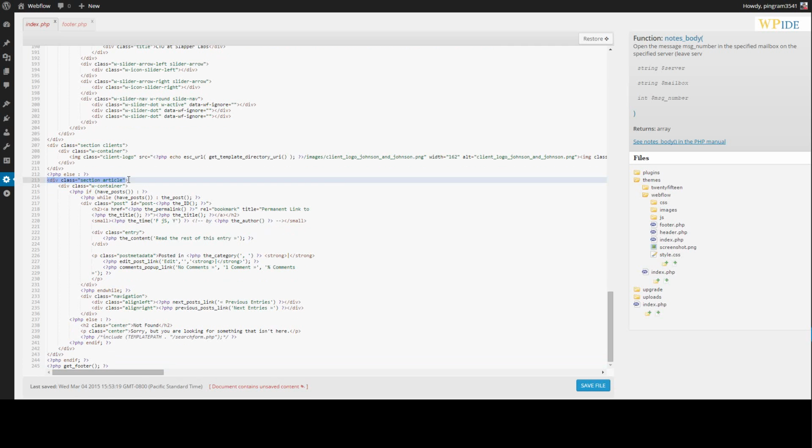a wrapper called section article. We're going to go ahead and give it a container. This is using the Webflow container class here, so that it will constrain it and center it within our, again, I think it's somewhere between 1200 pixels or 1170 pixels,